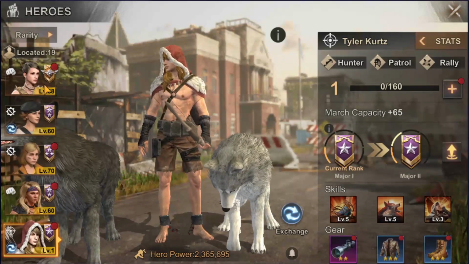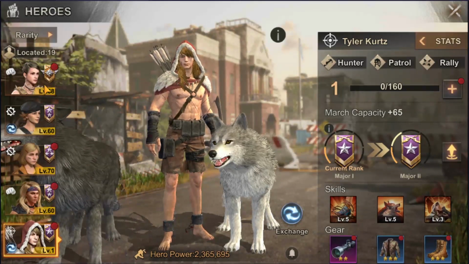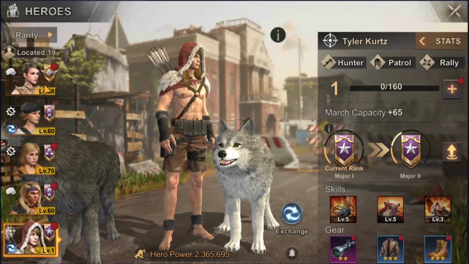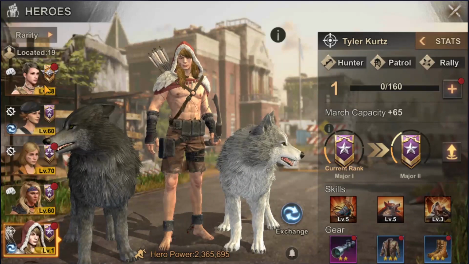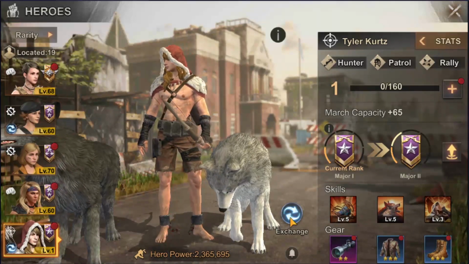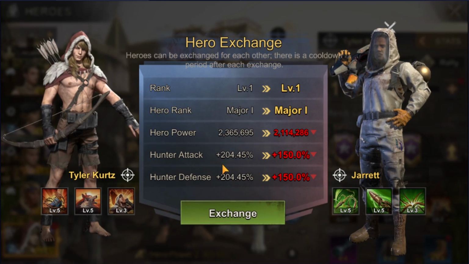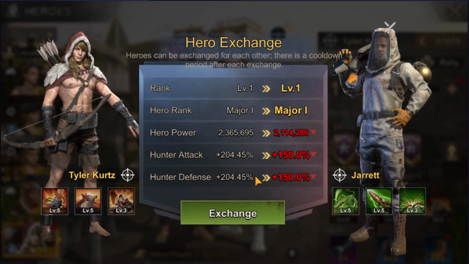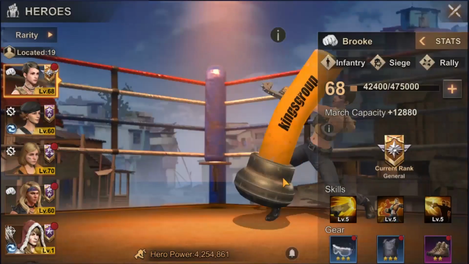I missed the Capital Clash fight myself. I was not able to make it this weekend. But what I heard from my alliance mates is that tier 5 heroes all outperform tier 4. And the reason for that is very simple. If you look at the stats, the tier 5 heroes have way better stats. And their hunter attack and hunter defense in case of Tyler, or let's say, if I look at Brook, no,